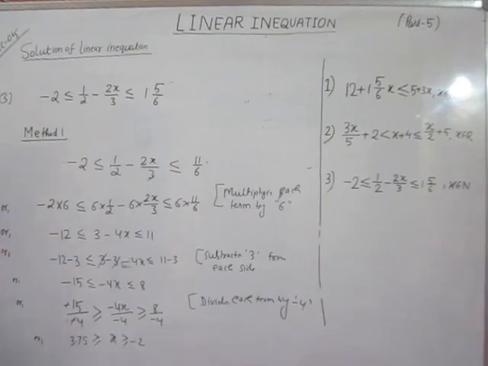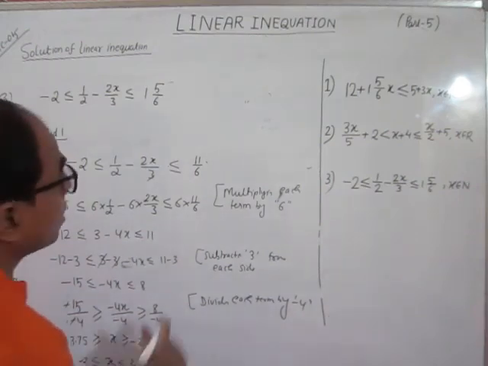Now what I have said, always in the interval this side should be smaller and this side should be greater. So x is greater equal to minus 2, write in this way, x is greater equal to minus 2 and less equal to 3.75. Same meaning is here, both have the same meaning, but in the interval we should write the smaller number this side and the greater number right side. So this is the solution.